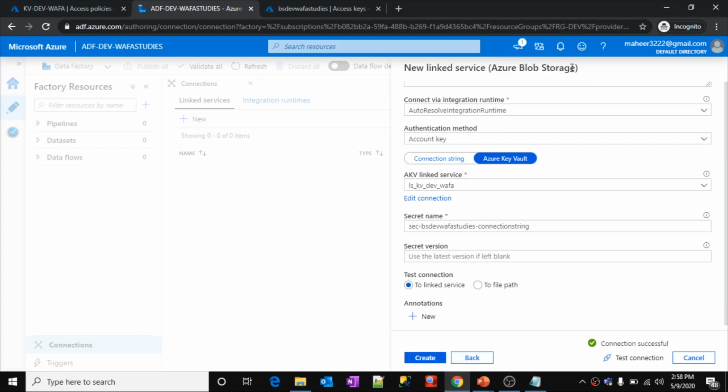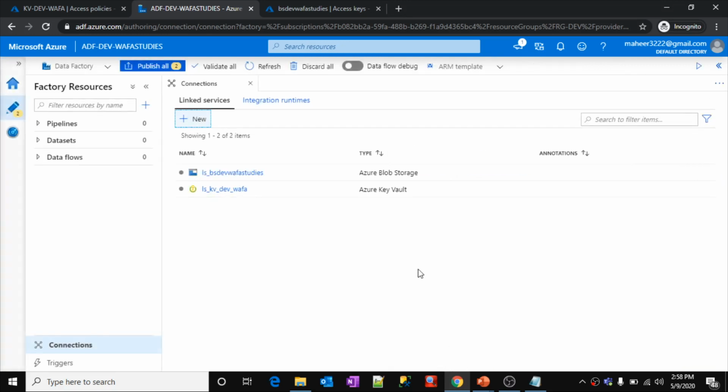So how is that happening? Because behind the scenes, my Azure Data Factory is going into the Azure Key Vault, and it is taking the value inside this secret name. Inside this secret, I have the connection string for my blob storage. So that means this linked service is connecting to my blob storage automatically. Okay, once that is done, simply click this create button, which is going to create your linked service, right? So let me publish these changes.